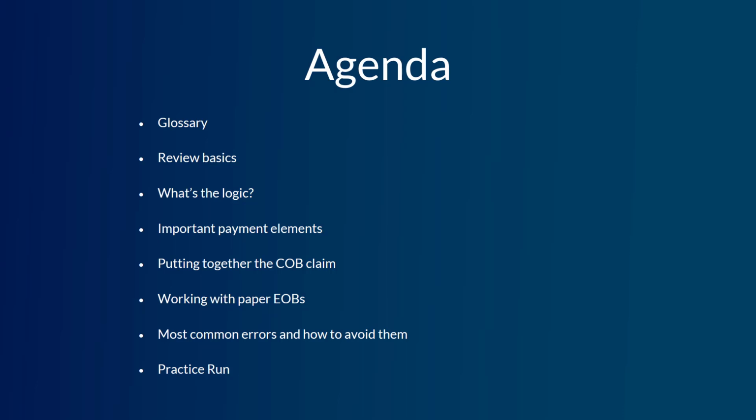We'll go through an example of putting together a coordination of benefits claim. And then we'll discuss some considerations about working with paper explanation of benefits and submitting electronic coordination of benefit claims. Near the end, we're going to talk about common errors and how to avoid them. And at the very end, we're going to do a practice run. So we're going to get to do a little bit of a practical example of putting together a coordination of benefits claim. And you'll get to try out some of the concepts that you've learned throughout the rest of this